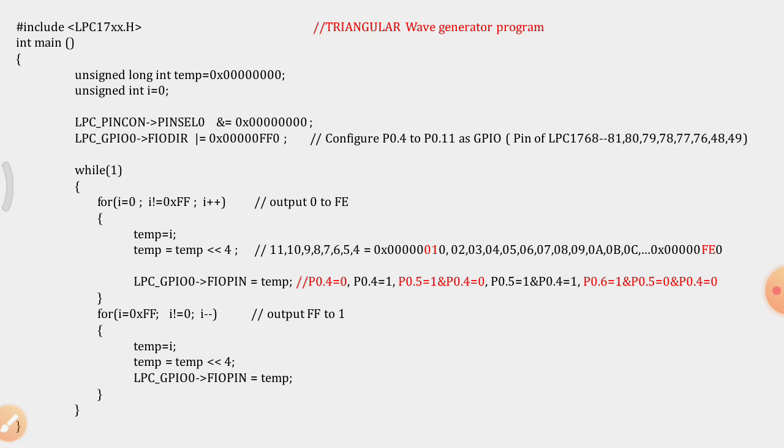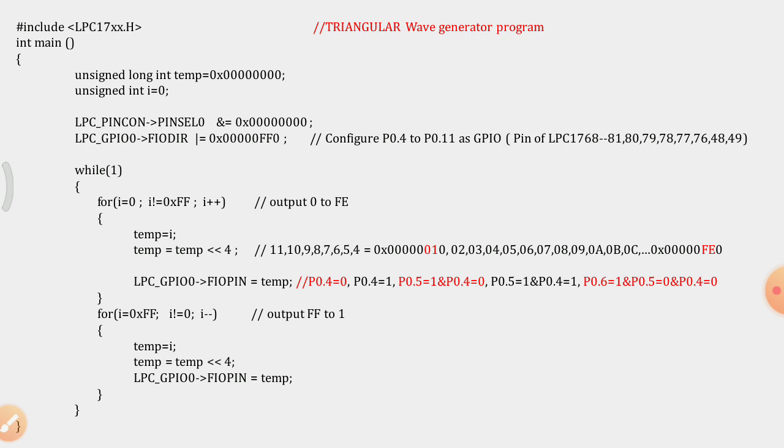The same procedure: I load the highest value into temp and then shift it 4 bits to the left, so that bits 4, 5, 6, 7, 8, 9, 10, 11 are affected, and then put this temporary value onto the FIO pin, where I have selected ports 4 through 11. So it goes on, and it produces a triangular wave shape.